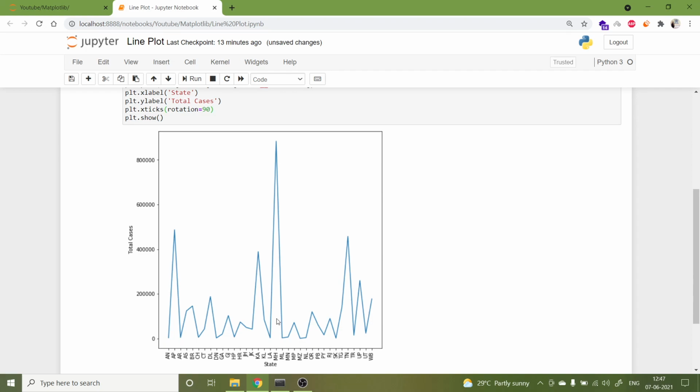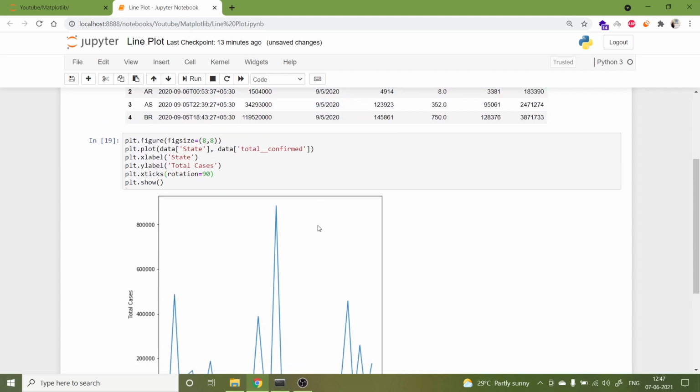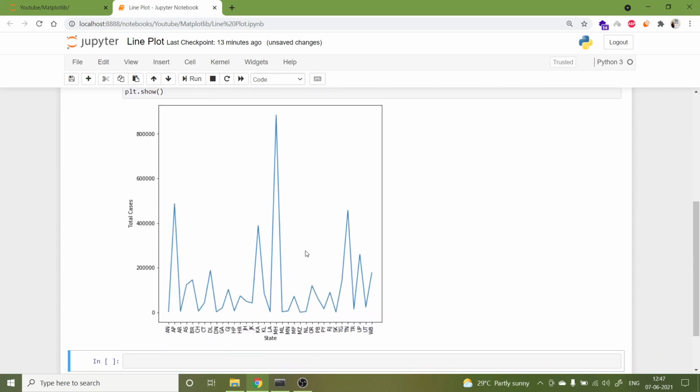Now if you remember, August 2020, this data, let us see the date. This data is from April only. So you might remember that the highest number of cases in the beginning of COVID was from the state Maharashtra, and the same thing we are able to visualize from this graph. Whenever you are plotting any graph, it is very important to write the observation. So in the observation you can write: Maharashtra has the highest number of cases.